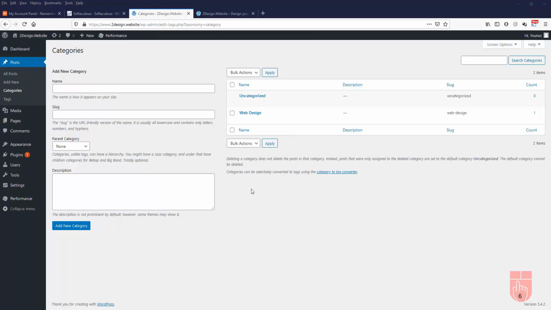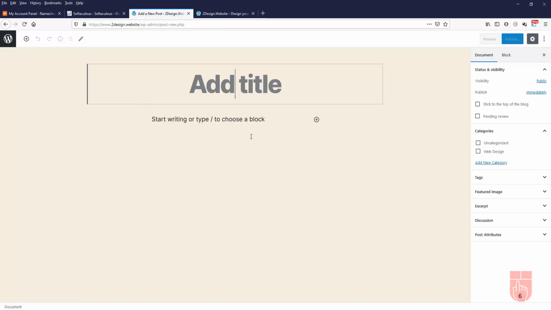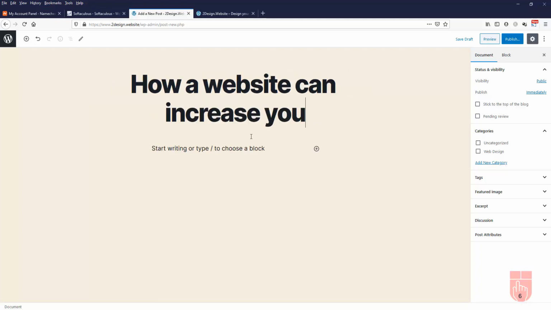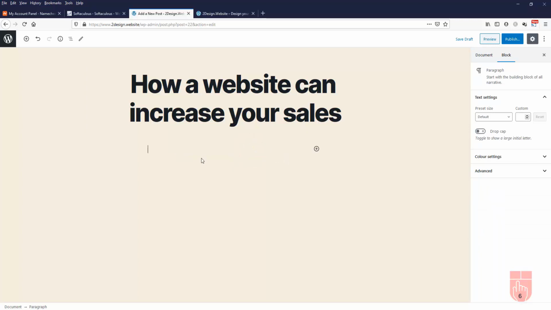Now I'm going to add a new post. I'll click on the add new link, and then I need to write a title. Okay, so my title is how a website can increase your sales. After adding a title, you will add some text in a paragraph. So here I can type. What I'm going to do is copy and paste some dummy text. There is a website